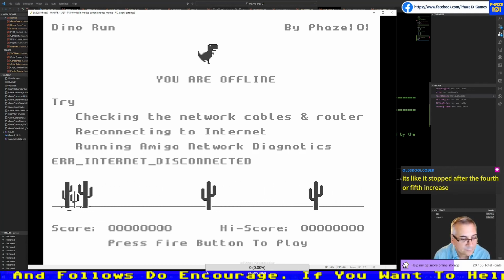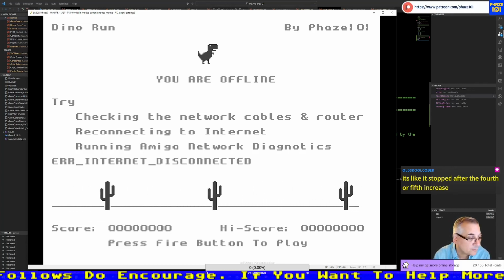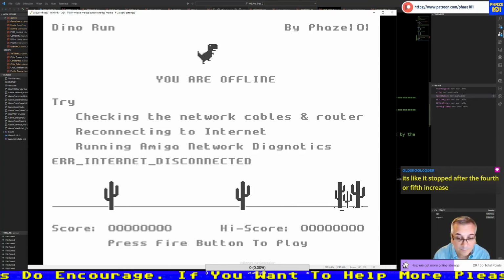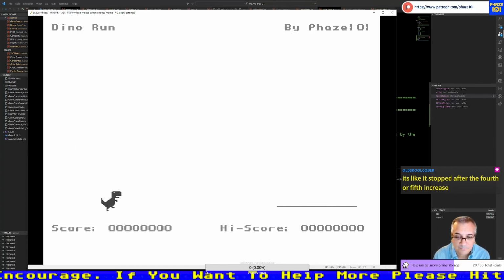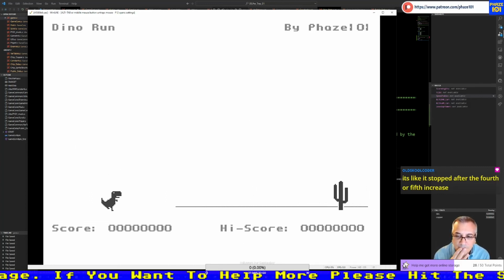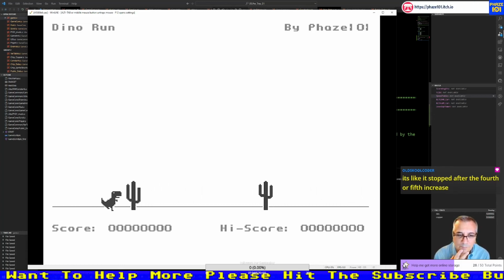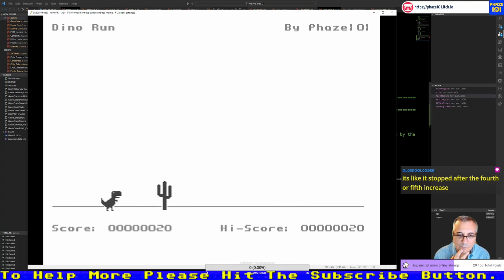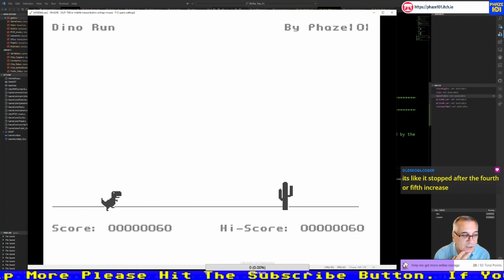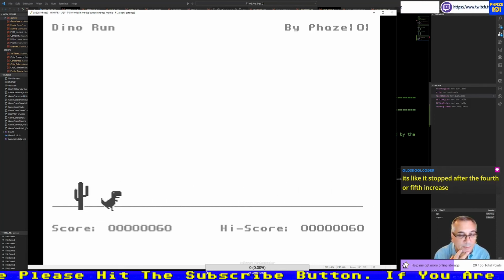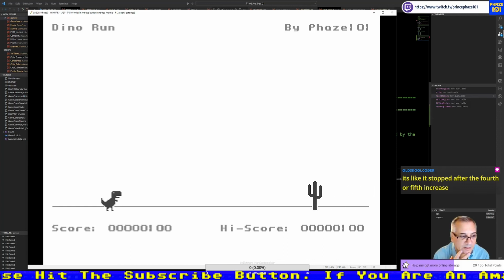Yes, exactly. And now I'm starting to think it's the table. It's the fourth one. Because the fourth one I couldn't test properly because it was too fast.